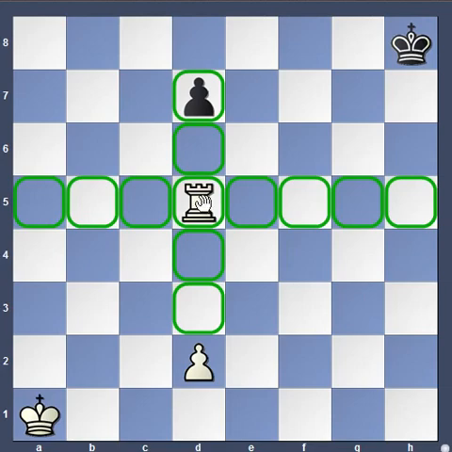On the 5th rank it can go to any square in this row from a5 to h5. And on this vertical line we have 2 pawns placed. One is black, the opponent's pawn, and another is white, our own pawn. Since the rook cannot jump over any piece, it can move up to d7.